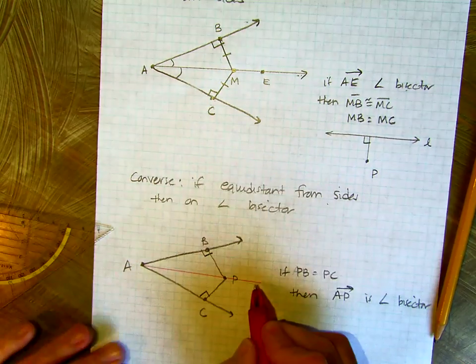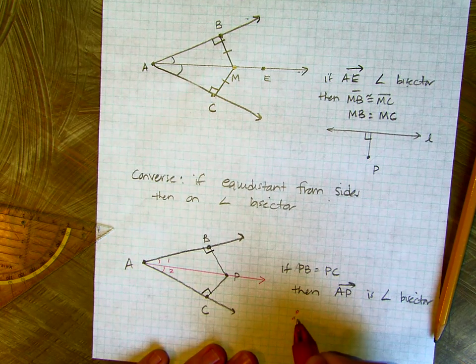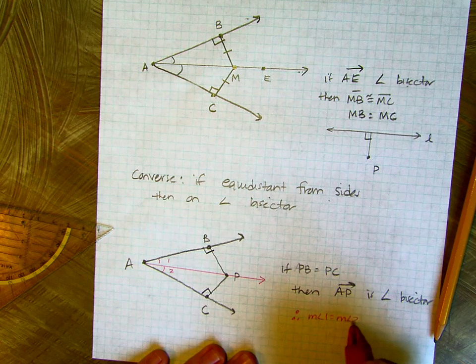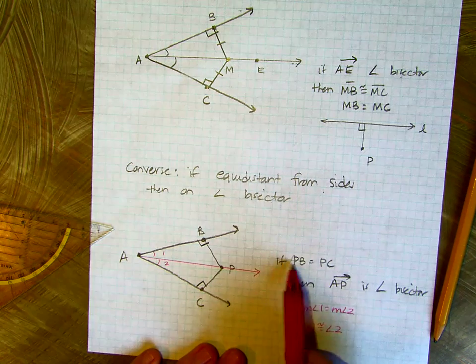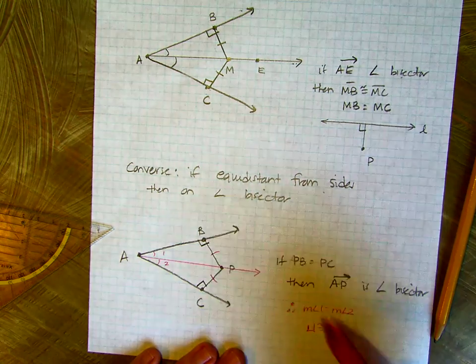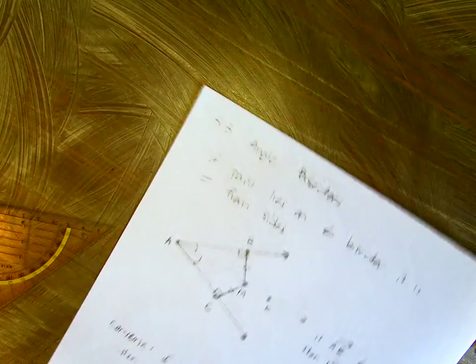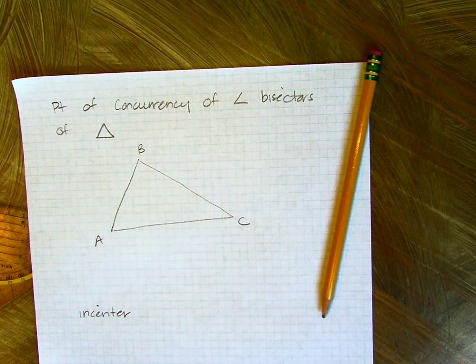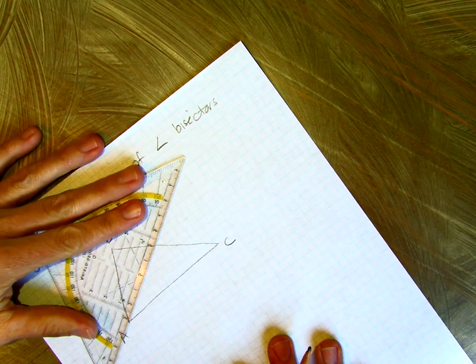So your conclusion would be that AP is an angle bisector, therefore the measure of angle 1 equals the measure of angle 2. So again, given congruent perpendicular distances, conclude this is the angle bisector. And the consequence of that, we'll say if on an angle bisector,